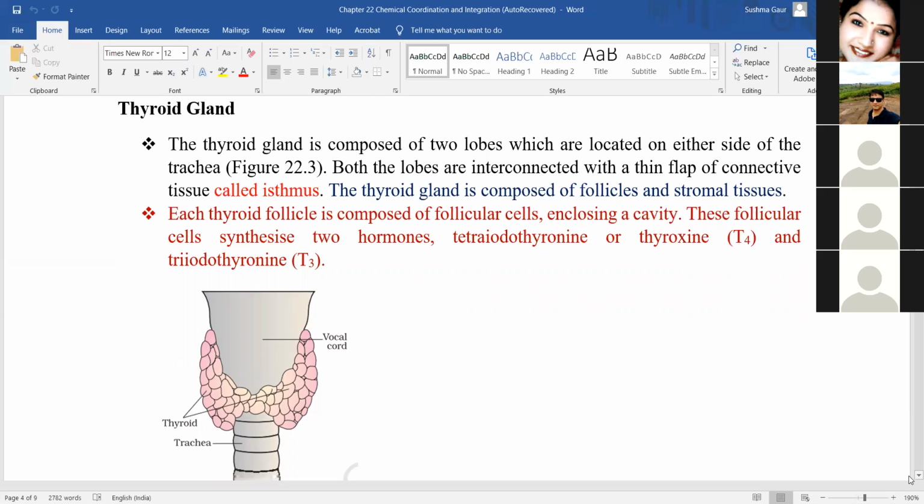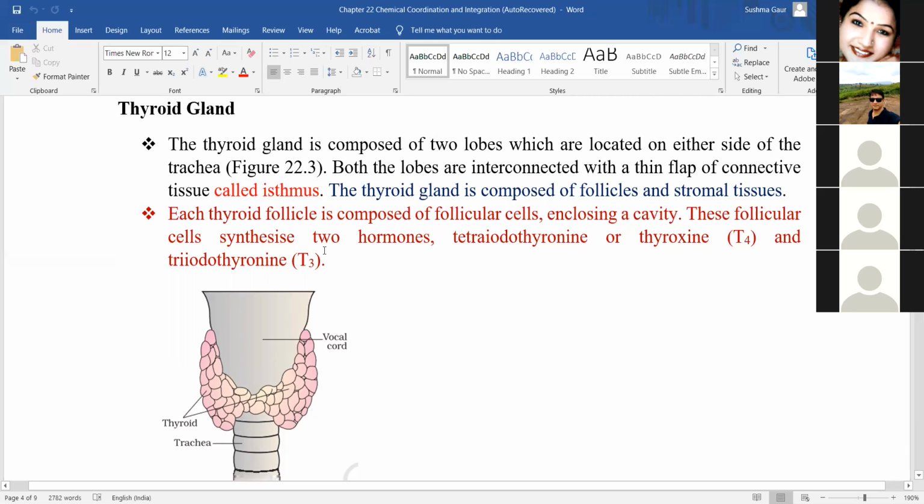Okay. And this thyroid gland is composed of follicles and stromal tissues. So what are the two types of tissues that will be present in the thyroid gland? Then you have to answer follicles and stromal tissues. Now each thyroid follicle is composed of follicular cells. So it will be formed from two types of tissues. The first type, follicles, is composed of follicular cells that enclose a cavity,